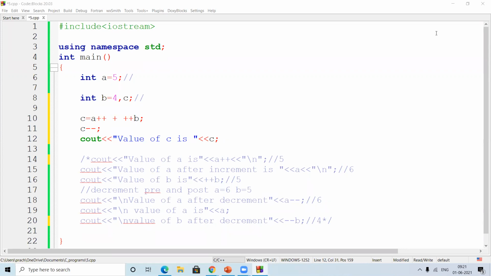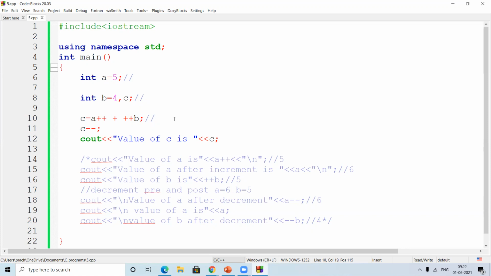So just let me know what is the output. No one? Okay, I'll tell and I'll move forward.